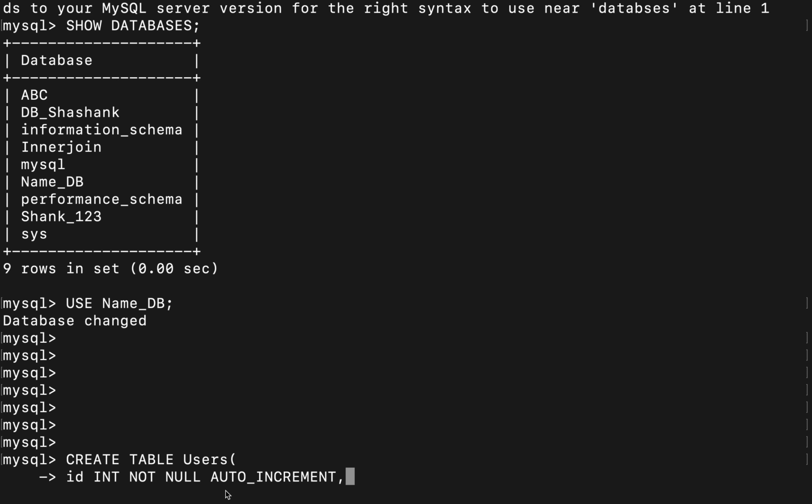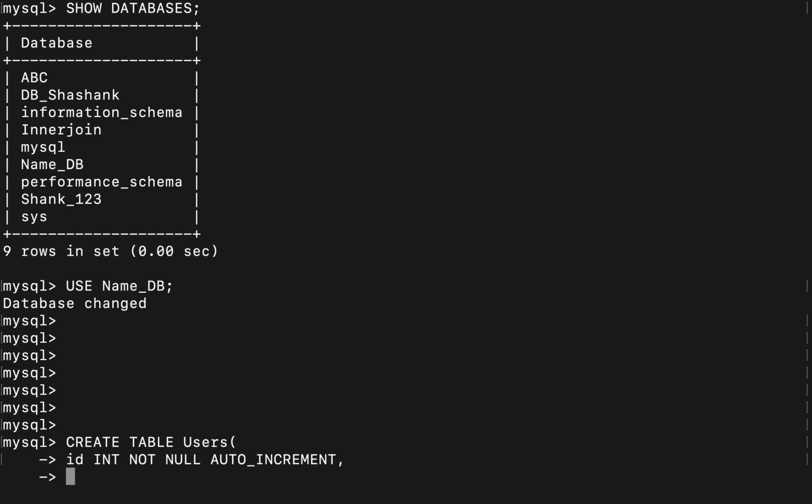Yeah, so what is a constraint? A constraint is just a restriction which we put on a column. Let's say id is a column name, so we are putting a not null constraint over this id column. This will ensure that the id column cannot have a null value, right? And auto increment is responsible for incrementing the value of id. Let's say initially you have provided 100, so later on even if you don't provide the id explicitly, it will keep on incrementing the value, right? While inserting the data, you will get to know the clear picture.